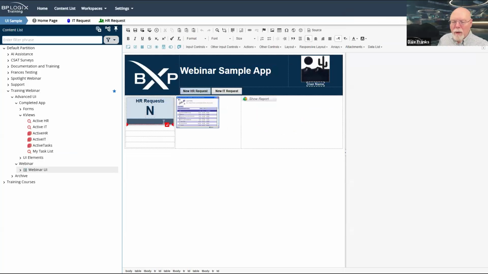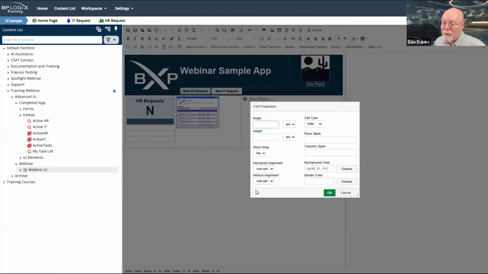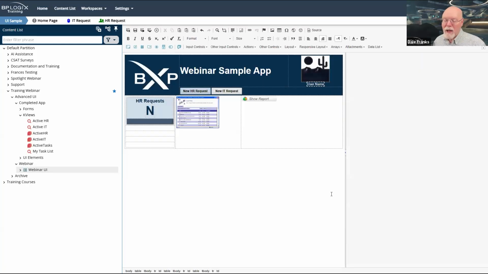Now we're going to need another button down here in this bottom row of this status box table. So I'm going to place my cursor in there. I'm going to go to cell properties, and this time I want to set my horizontal alignment to the right because that's where I want my button to appear. And I'm going to need to add a button control.